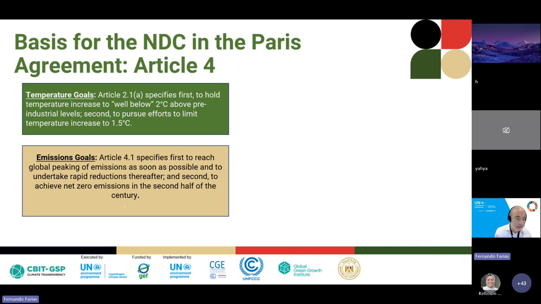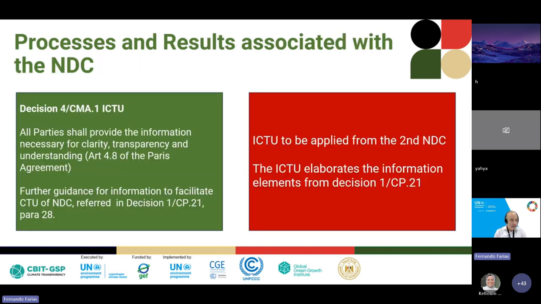And this is more complicated than the goal on temperature, because temperature is easier to measure, but emissions are much more complicated. So somehow we need to understand each other at the same level and in the same language when we are reducing emissions. So countries decided to have a number of decisions under the Paris Agreement